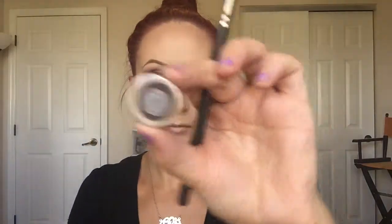After that, I use any sponge and I just press on my lower eye. You don't ever want to tug or pull on your lower eye area just because that skin is so thin there. Your eyes are very sensitive. So I just take a sponge and I press on the underneath of my eye, and that'll flip my waterline out, and I apply this black liner all throughout my